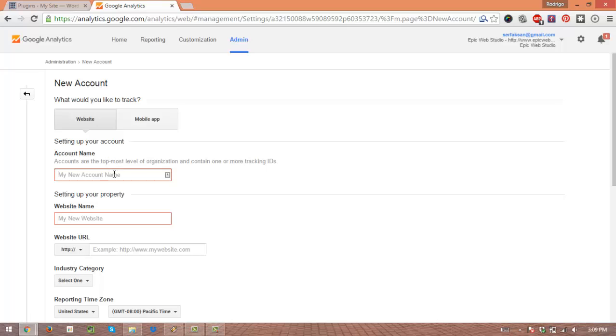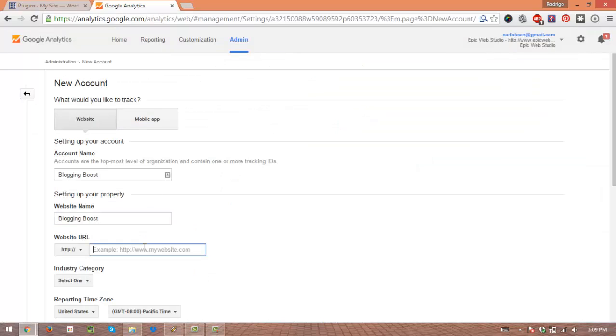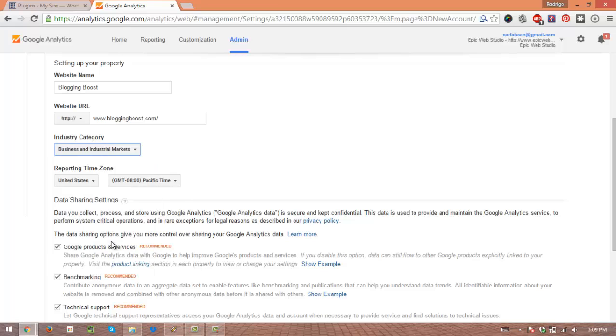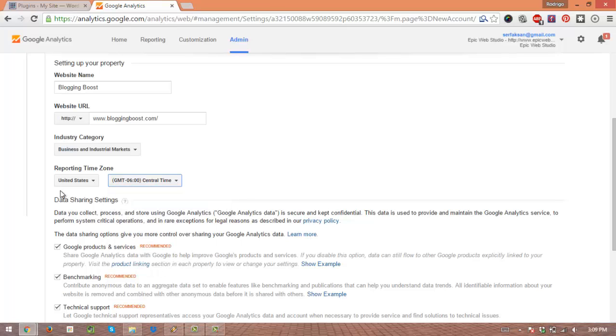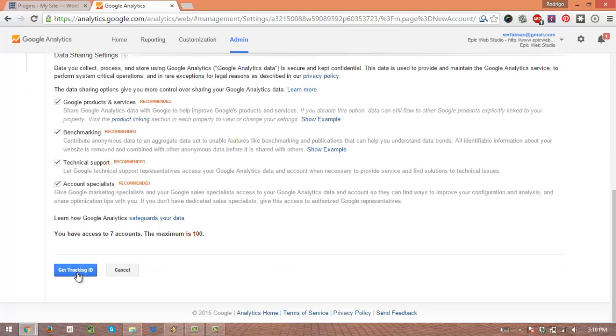Once we have this ready, we're going to put the name here, the name of the website, account name, Plugin Boost. We're going to get the URL here without the HTTP thing, and we're going to select one of the categories, or time zone, Central Time. Yeah, I'm going to leave it like that. Obviously, we need to select all these things here, and once we are ready,